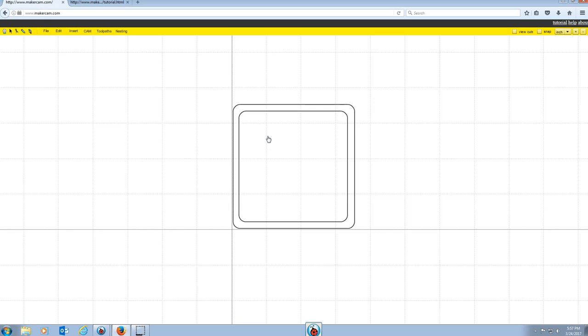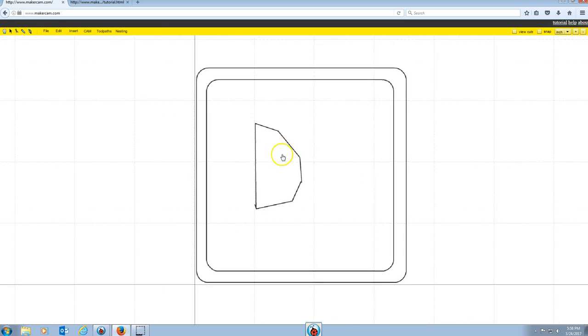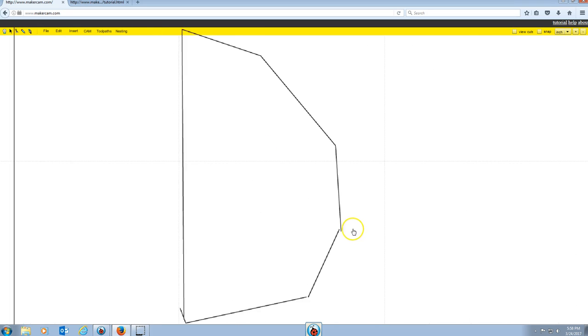My last name starts with a D, so I'm going to try to draw a D here. And it's a little wonky, so you're going to have to do some tinkering with it. And I'm going to try to draw a D using only straight lines, and that's a little bit tough. Alright, so I've got a D drawn there, and if we were to zoom into that, what we'd see is that a